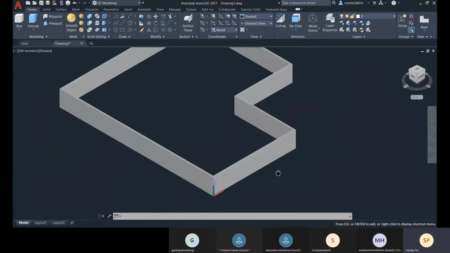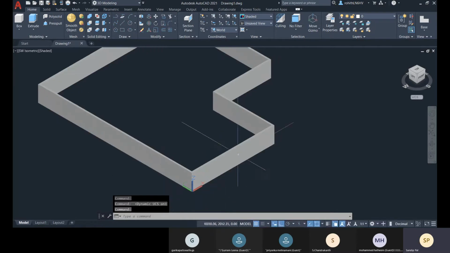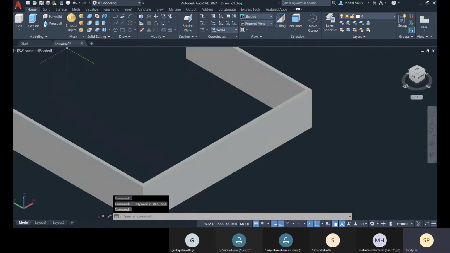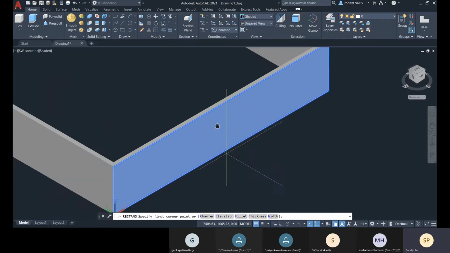So here I have this coordinate option. We can also work with dynamic UCS, that is the shortcut F6. Here you can see that dynamic UCS is on right now, and you can draw a rectangle right now. You see that this surface is highlighted.